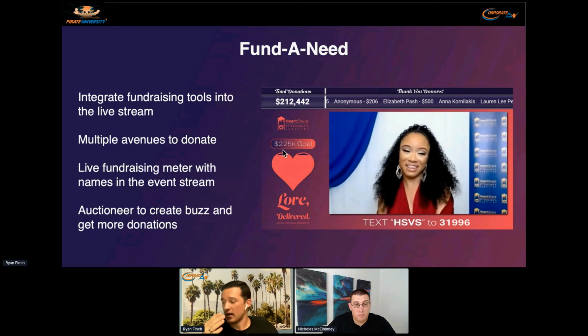And that's something that, again, we talk about, like Give Smart and One Cause. They have a level of that as well, which does integrate into live streams. It certainly does. But we certainly don't have the flexibility that we'd have for more of a custom build out. And so in this example here, we had a heart